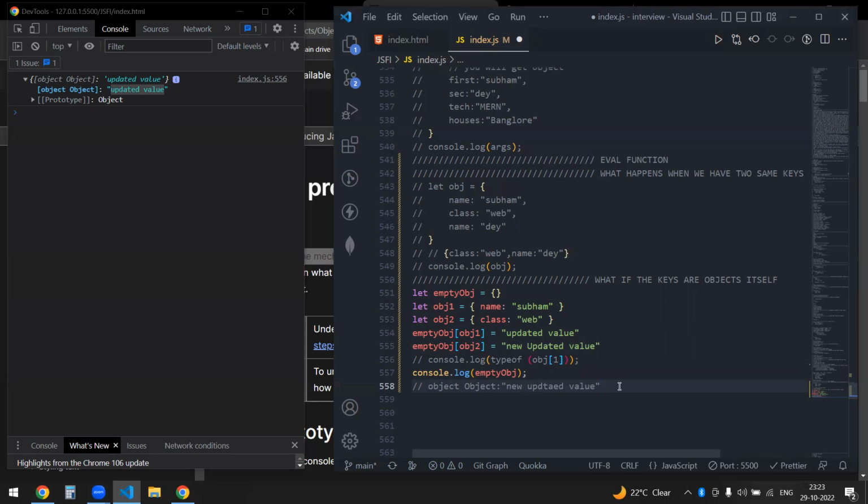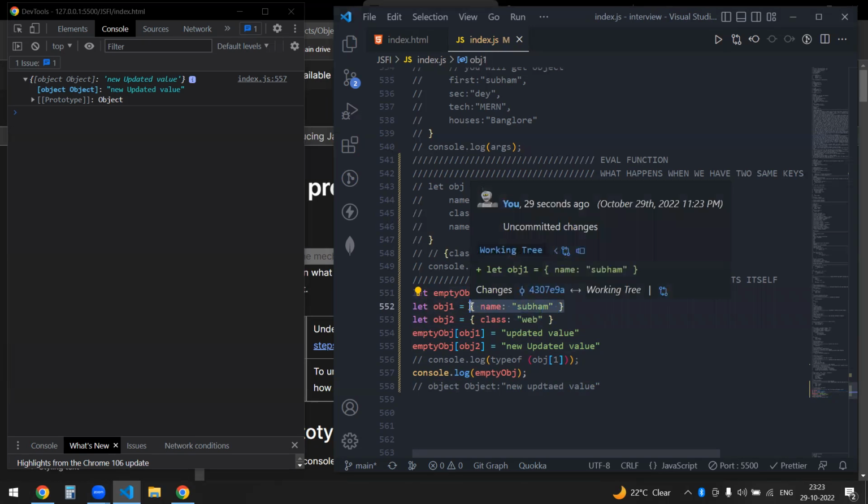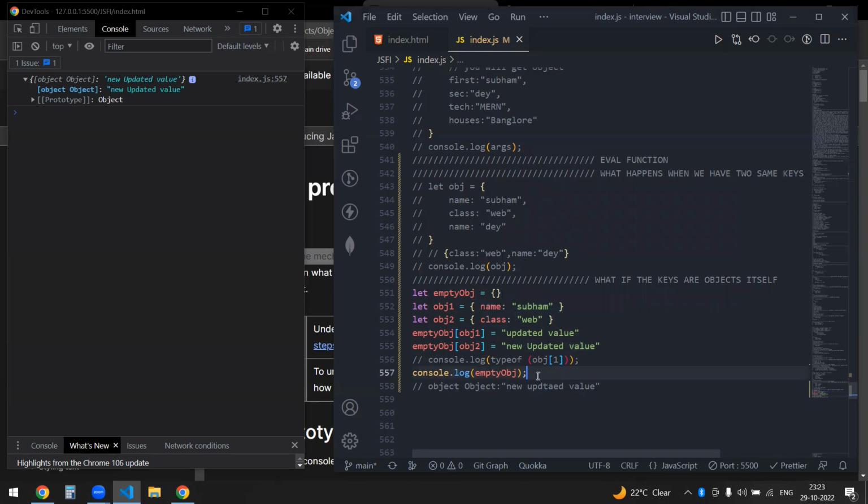So yeah, if I run this, you'd see that I'm getting the output, because at the end of the day, both of these have the key as object only. So the object will treat that as the same key, and it will just reassign the value, right? So yeah, this was the basic idea about what happens if you have an object itself as a key, and how JavaScript behaves, how it takes it, or how it thinks about what it should be. So yeah,